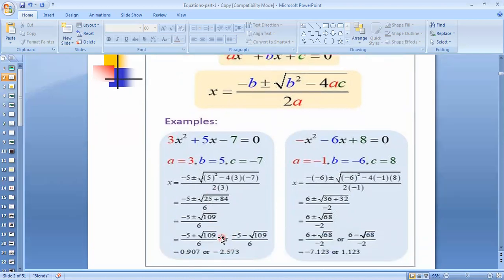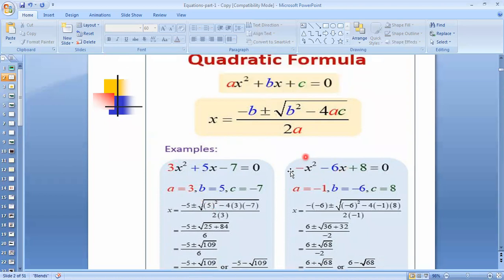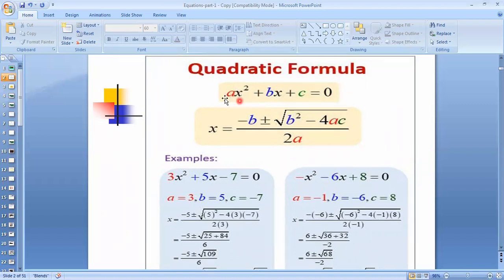We have solved different types of equations using this formula in our previous lecture. Similarly, we can solve this quadratic equation also by using this formula. Now what is a here? Minus 1, the coefficient of x square. And the coefficient b is minus 6. And the constant term c equals 8, comparing with the standard form of the quadratic equation. This is the quadratic equation, and this is the formula for finding roots of the quadratic equation. Just using this formula and putting the values of a, b, c of this equation, we get the result.